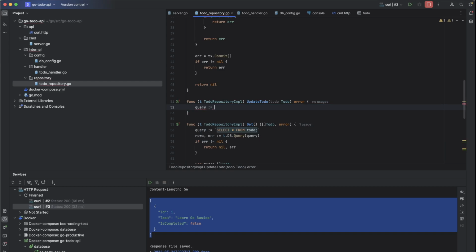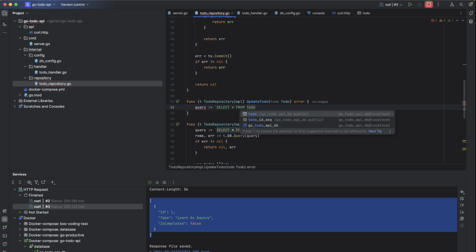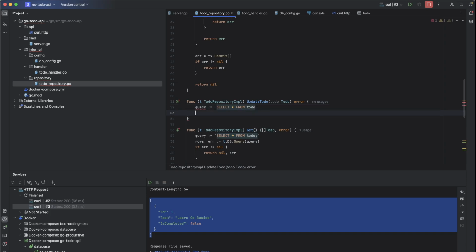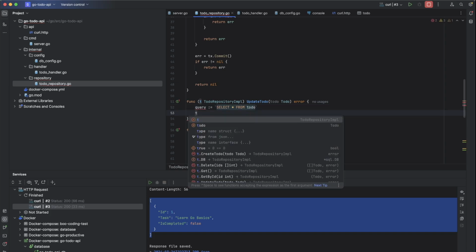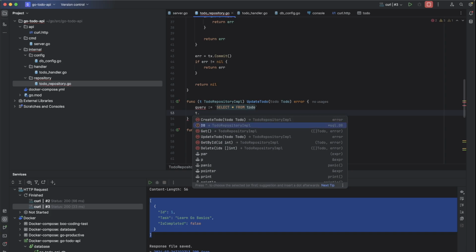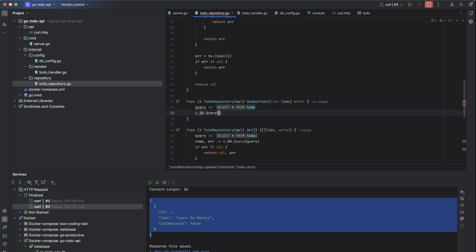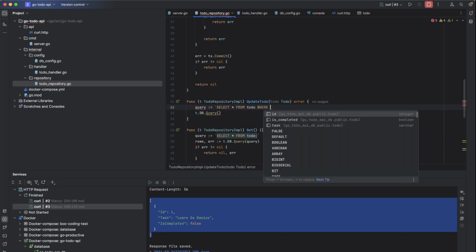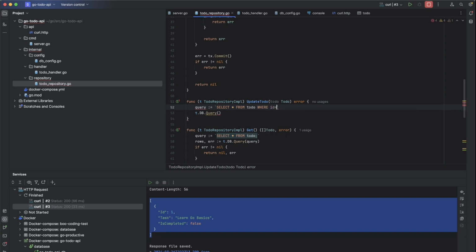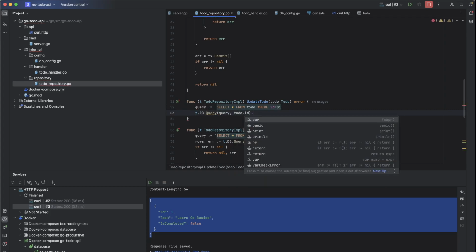Query equals to select all from todo where ID equals to variable one. Transaction from the db dot query row, I mean, query row, and todo dot ID dot scan.